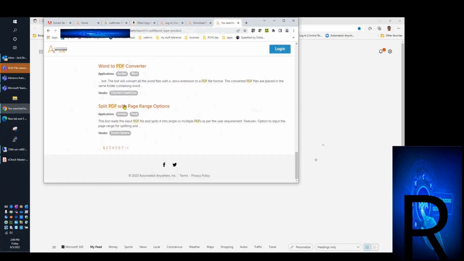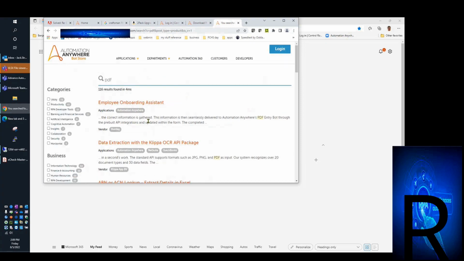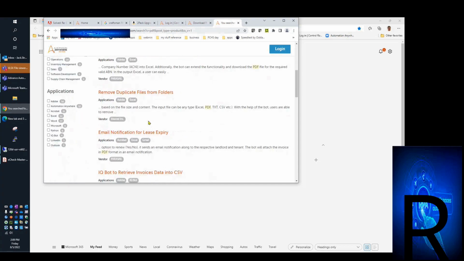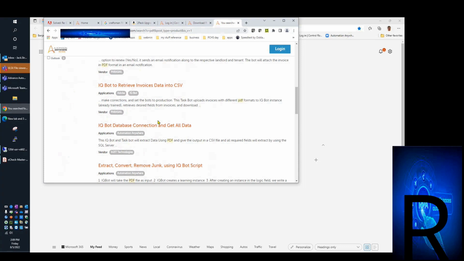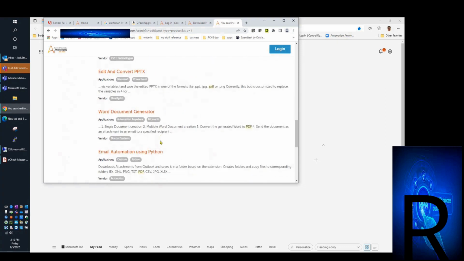I'm surprised that there's 7 pages of PDF bot stuff out here. No, I don't think that's really surprising, because there are so many applications out there that use PDFs. Well, just because the search isn't as specific as you might think, anything that talks about PDF formats is going to show up, even if it's not related. It could be something that's getting written to a PDF, which really might not be what you're trying to solve. But anyway,